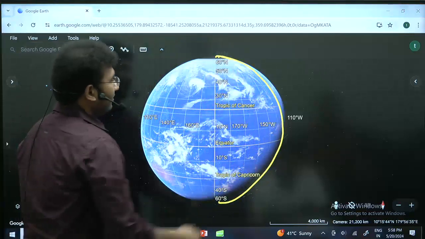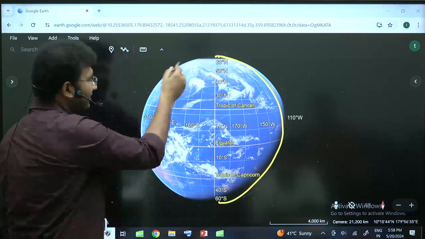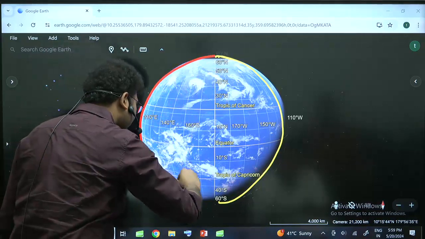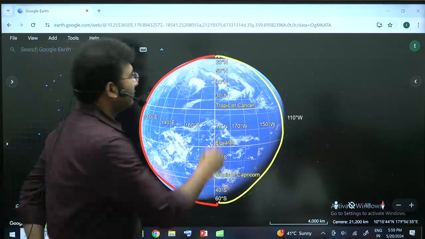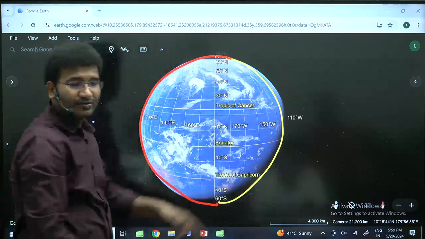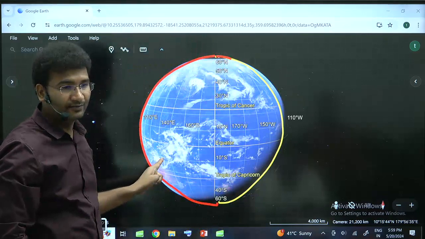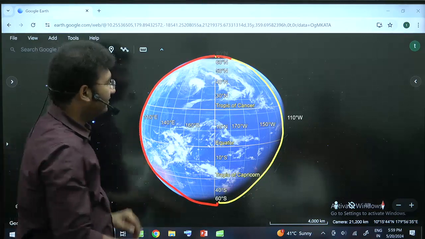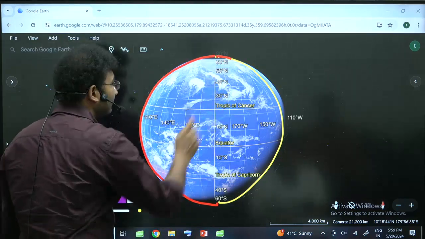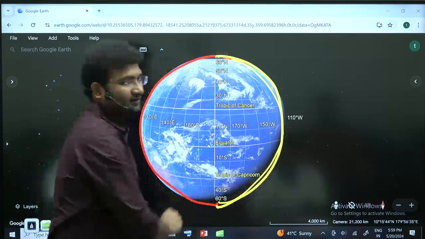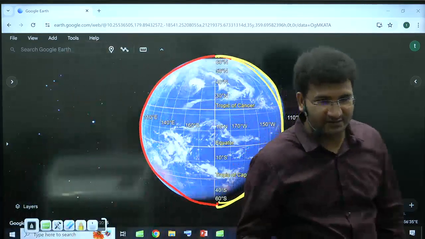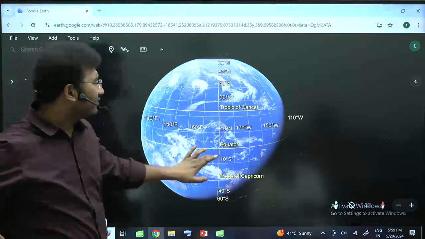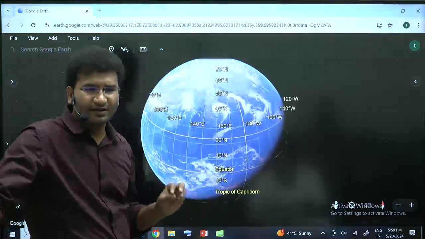The opposite side of the earth. This is the opposite side of the earth, right? Do you agree? So this is one longitude. The opposite side of the earth is considered to be another longitude. Okay? Understood? That is why, look at this. Is this a circle or semicircle? Yes. Longitudes are always semicircles. Latitudes are always full circles. Now it's clear? So the first longitude that we have drawn is nothing but the Greenwich, which is a line